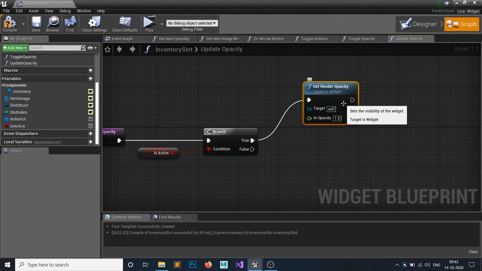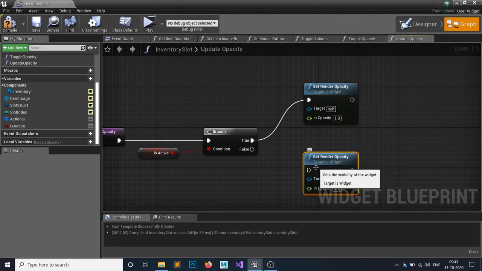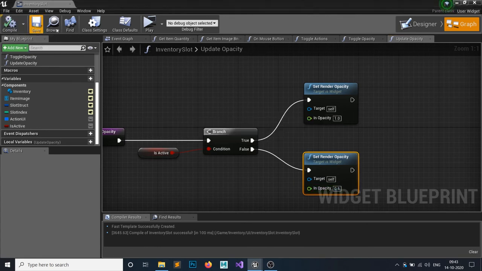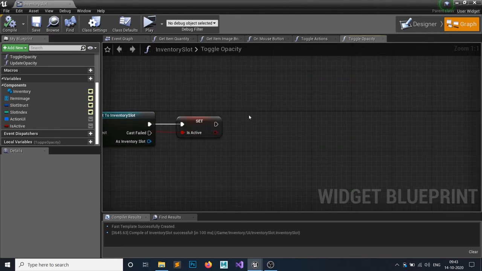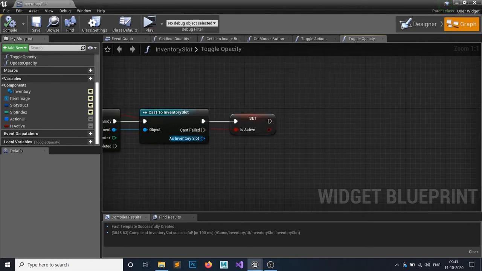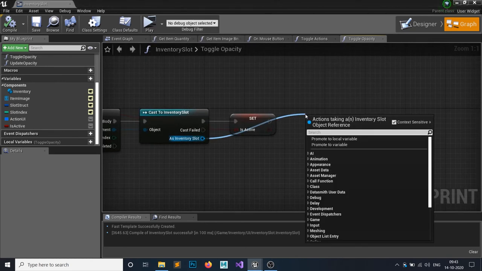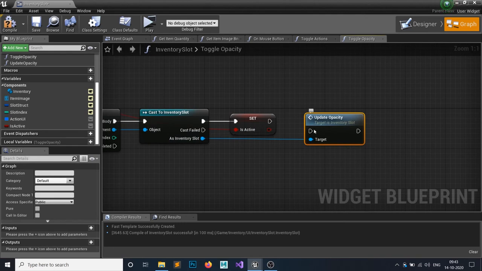Click on this and Ctrl W to duplicate that. If it's not, then we want to set a render opacity to 0.6 or something. Yes, it would be fine. So we have done this function, just close that up because we don't need that. After that, grab a node from this casting and update your opacity, the function we have just created, right?